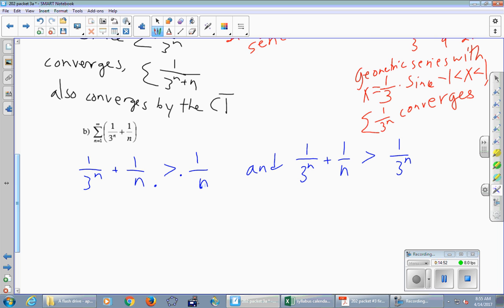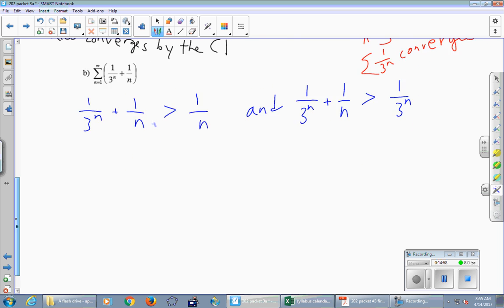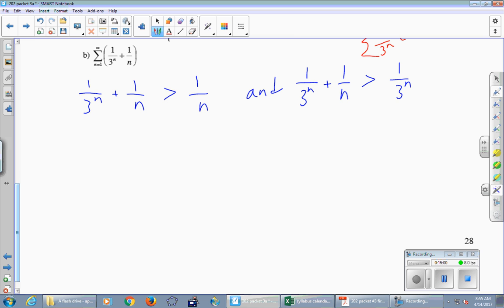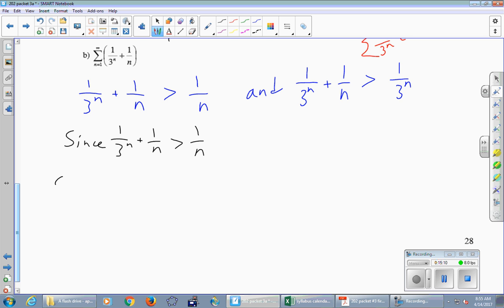Our terms are bigger than something infinite. That's great. That means that our thing is also infinite. And so we just have to write it up. Okay, so since 1 over 3 to the n plus 1 over n is greater than 1 over n, and since summation 1 over n diverges,